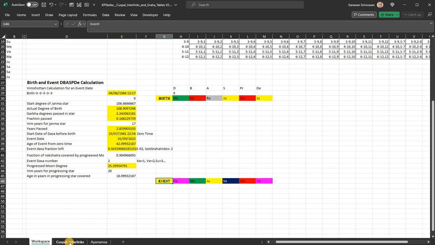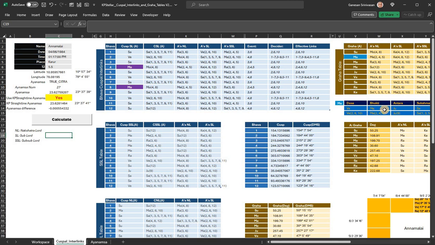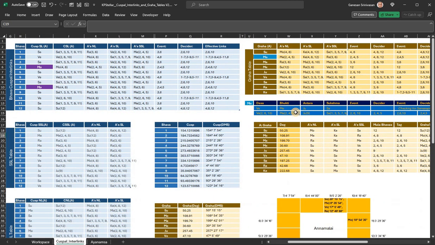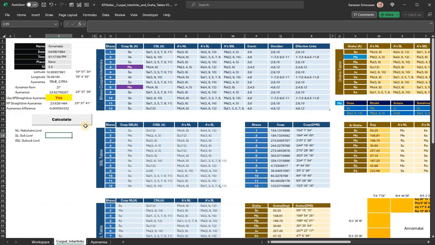Essentially, for the interlinks, we need only the Dasha and Bhukti, and if at all, the Antara, that's all. Because if the Dasha and Bhukti are the same planet, then it will use the Antara for the Moon. So only for the Moon, the effective link is decided that way. So these are the three improvements. I think you would appreciate this. I will anyway put a separate link for this particular version of the file. You can download this and check if things are working